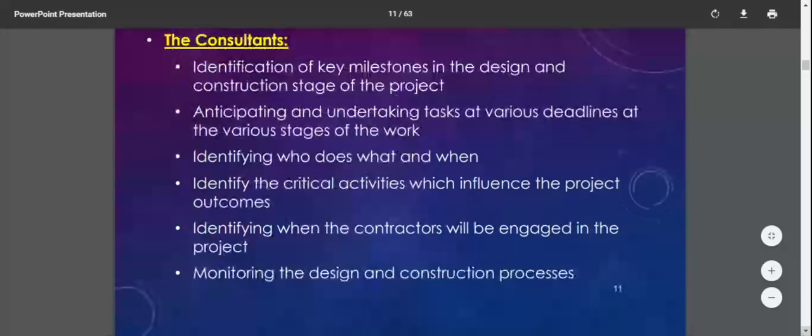The consultant is like a representative of the client. Normally, the client will appoint the consultant, and the consultant will work on behalf of the client.